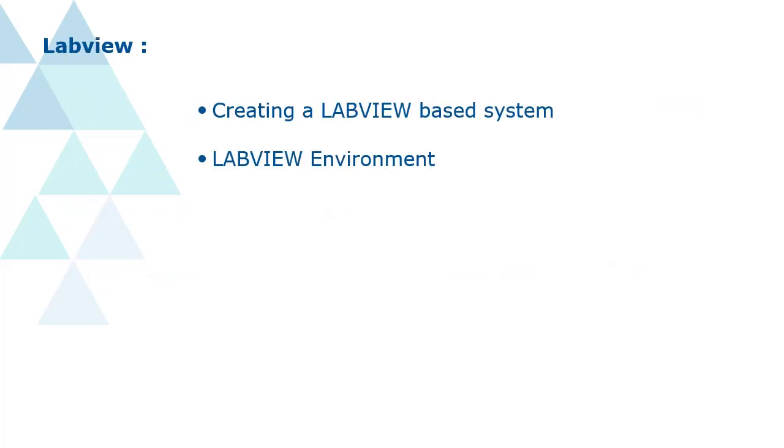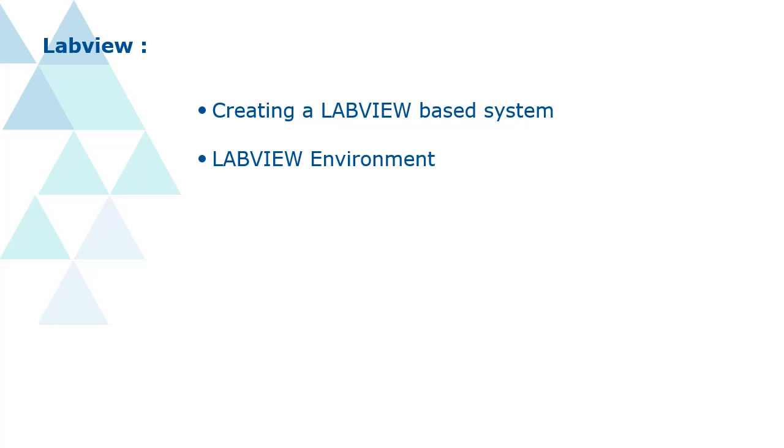Let us discuss LabVIEW in more detail. While creating a LabVIEW system, it basically begins with an understanding of PC-based data acquisition. When data is collected from an instrument, it passes through the area of interest. At the lowest level, a sensor detects a physical phenomenon and sends it back via signal to the PC. A device known as a data acquisition card takes the signal and converts it into digital data that can be processed by the computer. After the data has been collected, steps can be taken to make an analysis and a meaningful conclusion can be drawn. So LabVIEW provides the order and structure for these steps to occur.